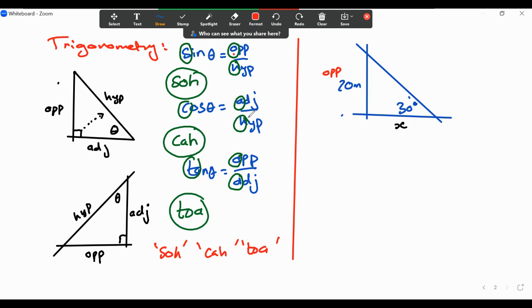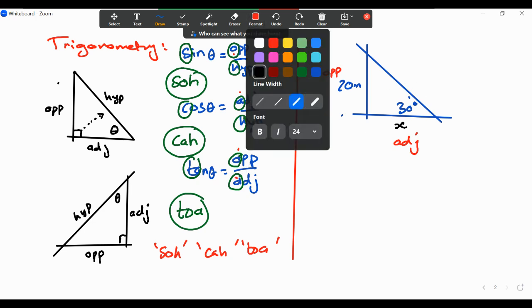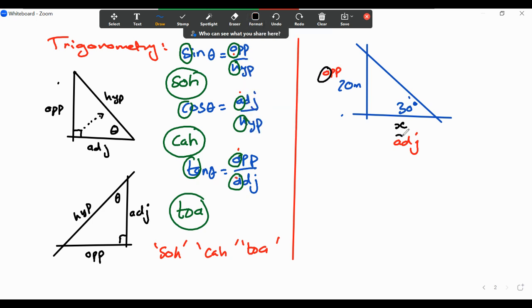So it's going to be either sine or tan. This is my adjacent side. So it's going to be either cos or tan. It looks like I've got O and A. Which is going to be tan, which means I use tan. So let's write down tan of the angle equals opposite over adjacent, and that's going to be 20 over x